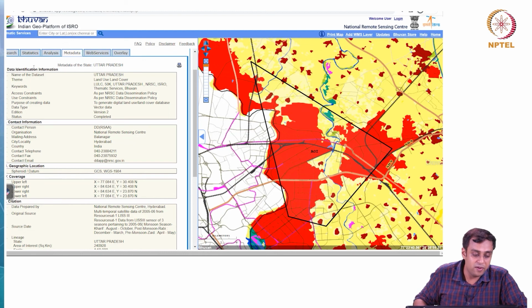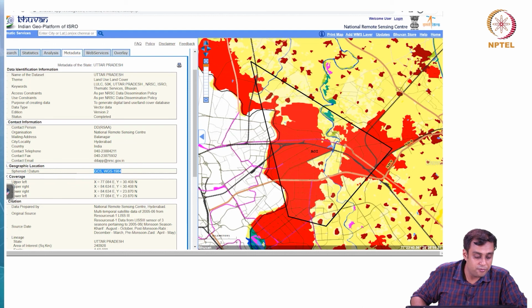So, there is data identification information, name of the data set, what is the theme, the keywords, access constraints, right, use constraints, and so on and so forth. There is contact information, just like I said. There is geographic location, right. So, we have a GCS, a geographic coordinate system. Remember, we have studied GCS in our lecture, in lecture 2, right.